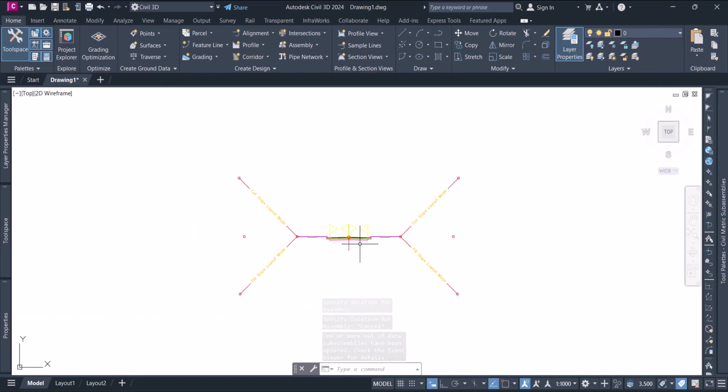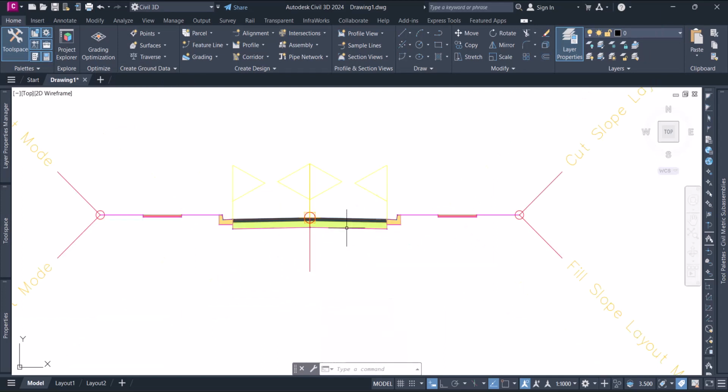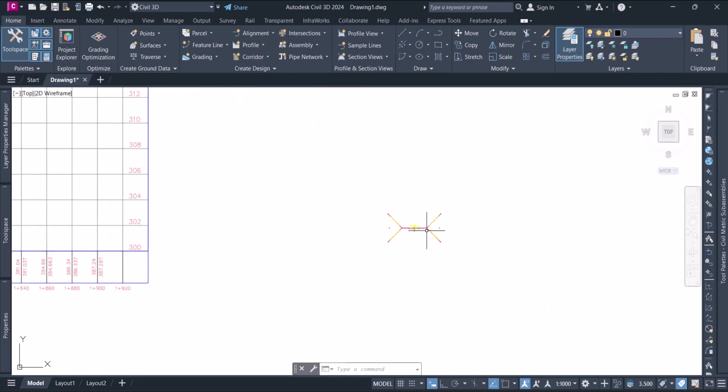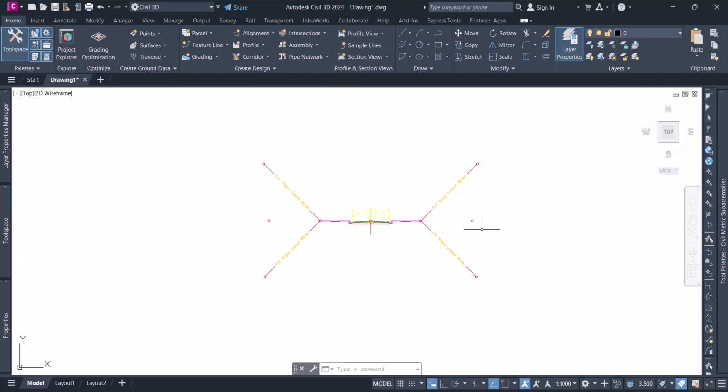Okay, so here I have an assembly with the carriageway, curbs, and sidewalks, and even the embankment in cut and fill, on both sides. So this is the basic road assembly. Okay, we have the assembly also